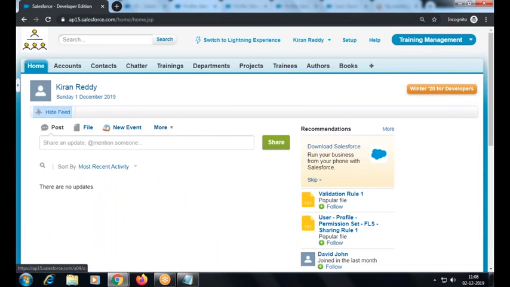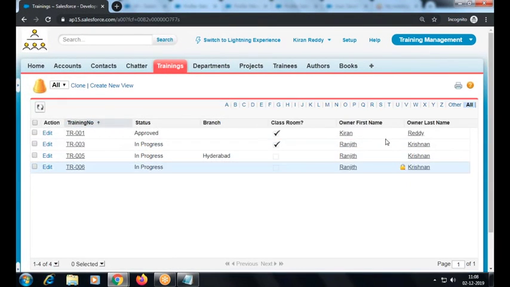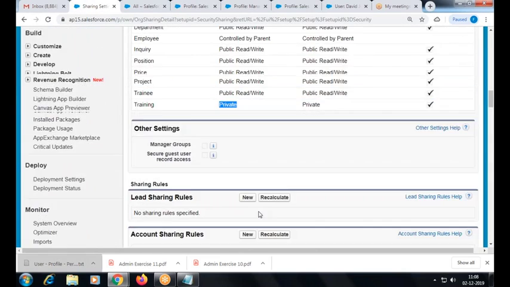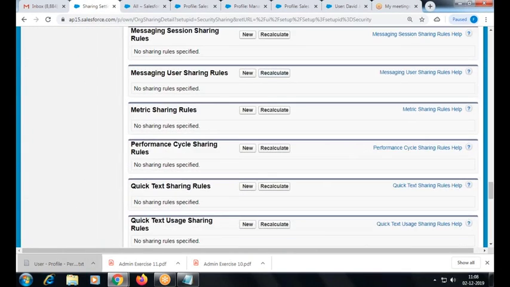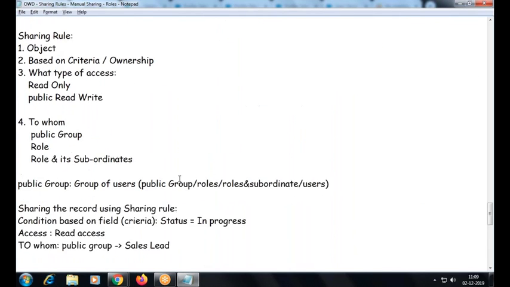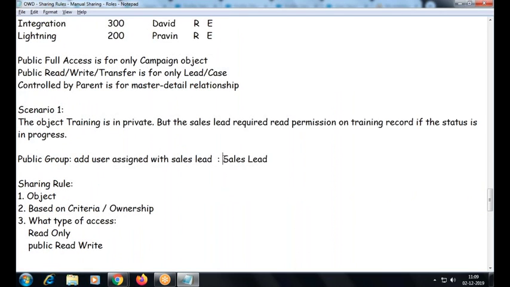So I go to the training. Click go. There are some records apart from his own data he is able to see. The reason is we have implemented a sharing rule. Remember we discussed scenarios where the training which is in progress should be shared with the sales lead. So for that,